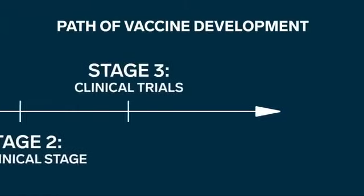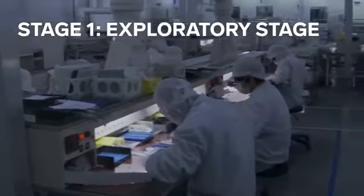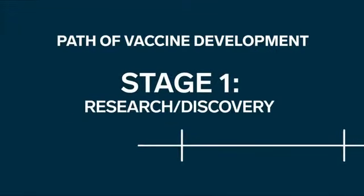So let's look at how vaccines for viruses are typically developed. Stage 1, the exploratory stage. The exploratory stage is also known as the research or discovery stage for a vaccine. Here, researchers are trying to come up with the best possible way to immunize us against a virus. This first stage can take between 2 to 4 years, but right now scientists are speeding through stage 1, partly